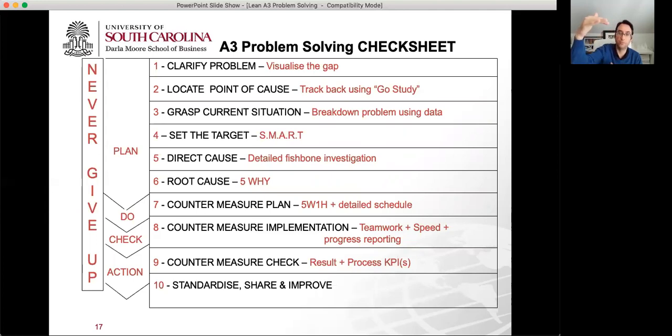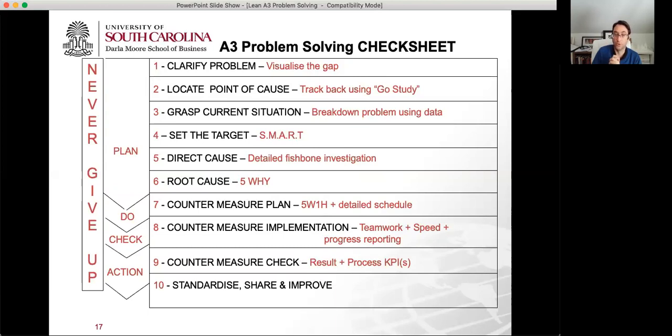Clarify the problem, visualize the gap, go study, locate, the measure phase, grasp the situation, break down the data, set a SMART target, detail a fishbone, do a 5 whys, have a countermeasure plan that has the 5 W's, 1 H, and a detailed schedule. Countermeasure implementation, have teamwork, speed, and reporting being done, and then check result and process KPIs, and then you standardize,